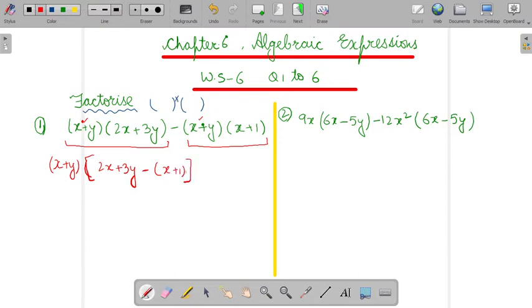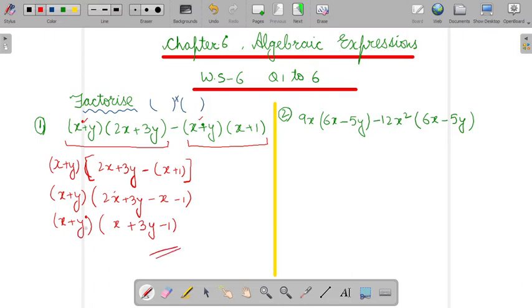Now you have to go further, you have to solve it further. x plus y, keep it as it is. Now in this bracket 2x plus 3y, this is a minus sign. So if you open this inner bracket, the sign will get changed. This you know very well. Now this can be solved further. Take the like terms, 2x minus x will be x, and write the other unlike terms.